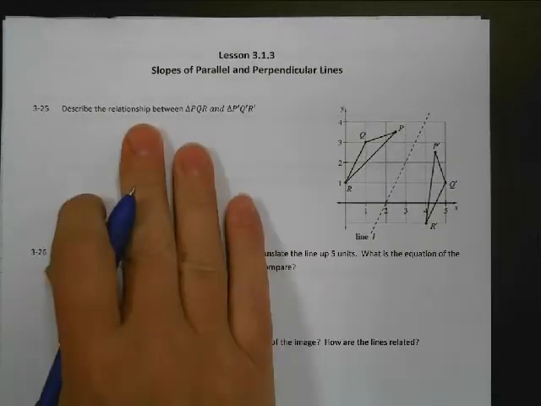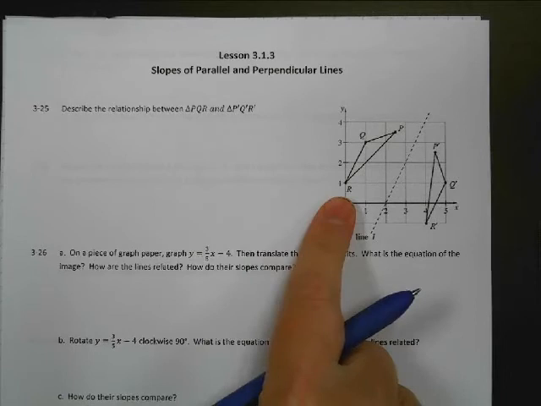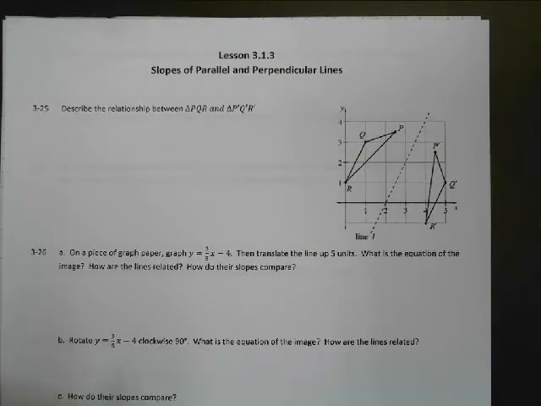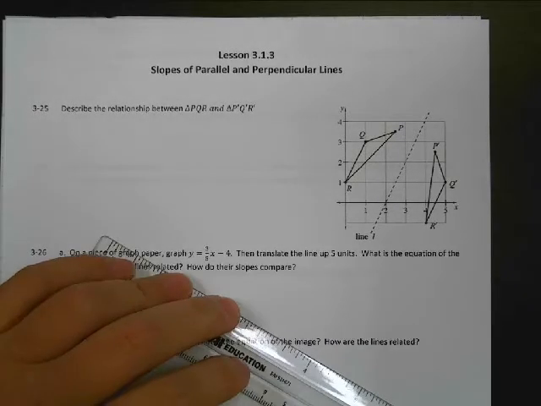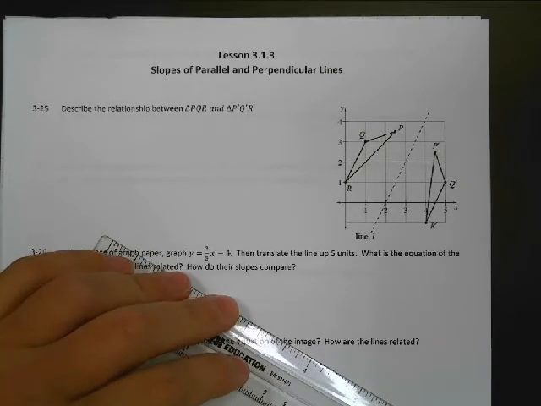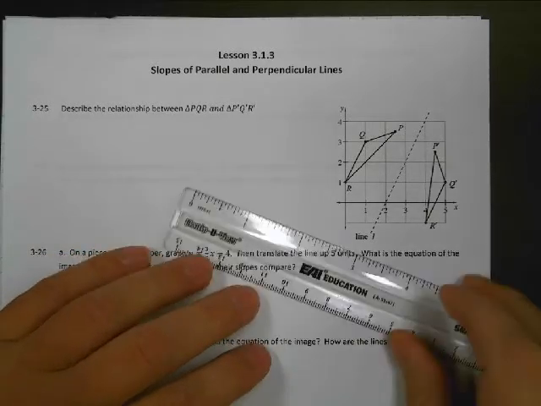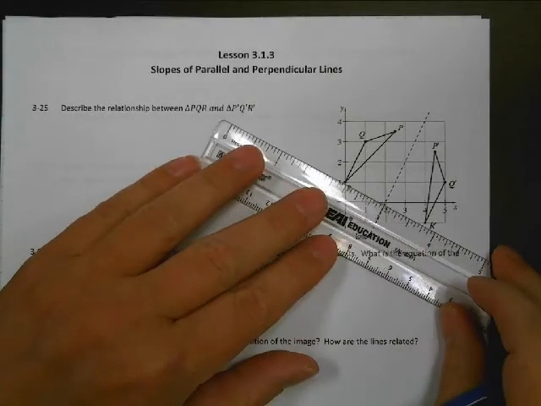It says, describe the relationship between PQR and P prime, Q prime, R prime. So I think that a lot of you would look at that and go, that looks like a reflection. And it is a reflection, because remember, a reflection keeps the distance from the point to a line. So what I want to show is that we could actually draw a line